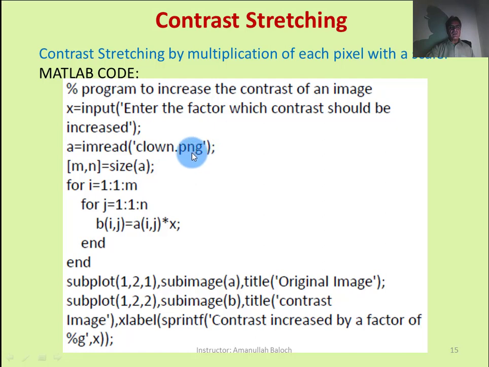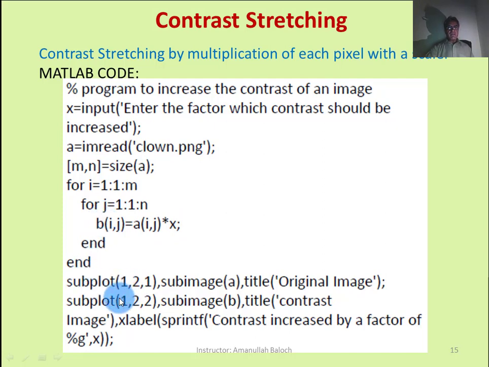We read the clone.png image with the imread command and store it in the memory of A. We want to know the size of A and store it in m comma n, and we apply these two for loops, and each pixel of the original image A is transformed by multiplying with the scalar quantity, and image B is actually the enhanced or transformed image.